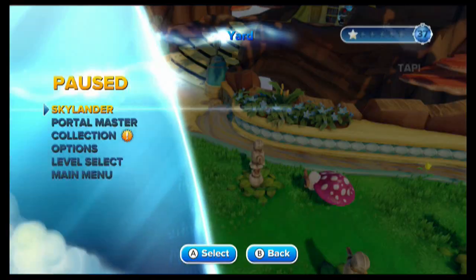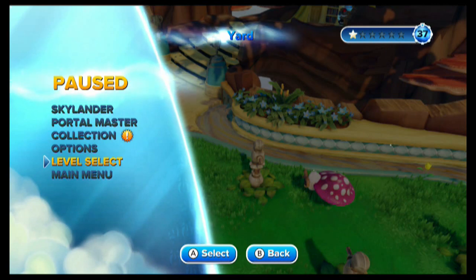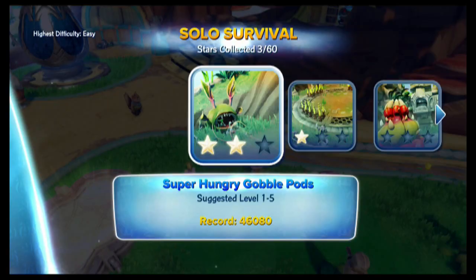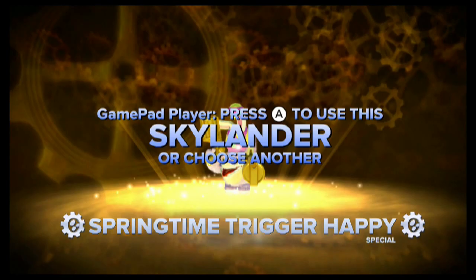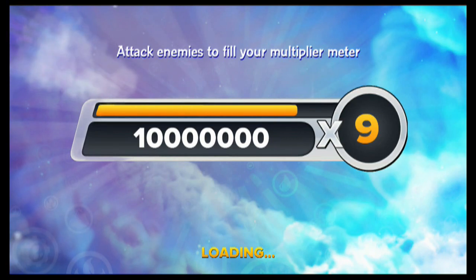Well, you'll get some bonus content here, so I'm already recording. I'm not going to stop. That makes it awkward and it takes longer to edit, so let's just come in here and do solo survival and super hungry gobble pod. This will be Springtime Trigger Happy, completely box stock, there's a good look at the hat actually. You can see the Easter egg there. But completely unplanned, and we're just going to see how well he does box stock